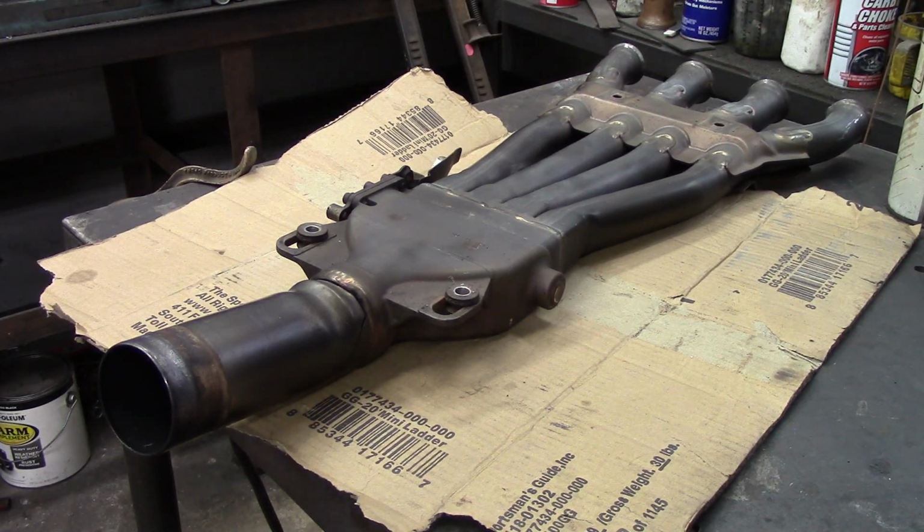This is part of the exhaust system on a 2011 Yamaha Apex snowmobile, and it's made out of titanium. Today's video is going to be on welding titanium, and since I've never welded on titanium before, I've watched plenty of YouTube videos, talked to some people in the trade that I worked with who have welded on titanium, and